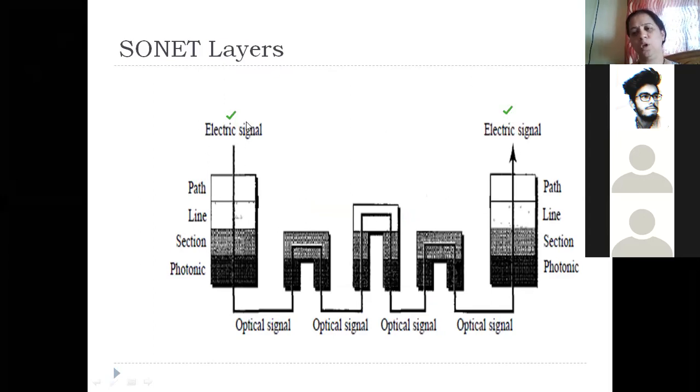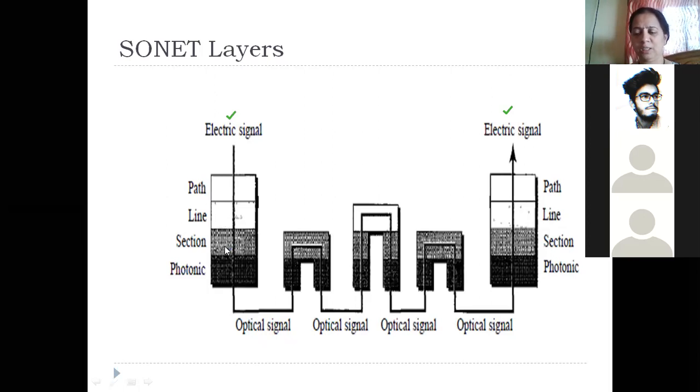A source could be a computer. When the computer generates the data, it will be an electrical signal. So that electrical signal is taken up by the path layer. Maybe some overhead, some header information, is added to it. Then it is sent to the line layer, then to the section layer.